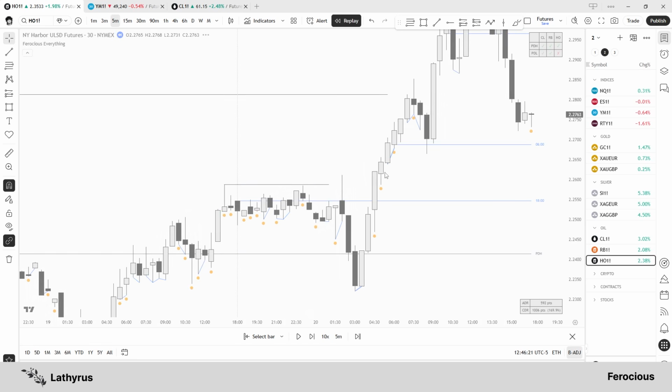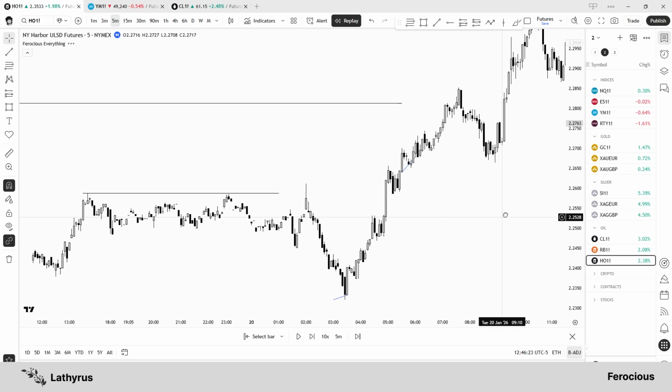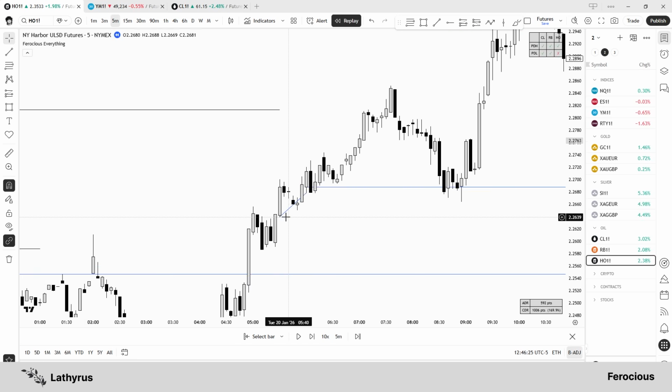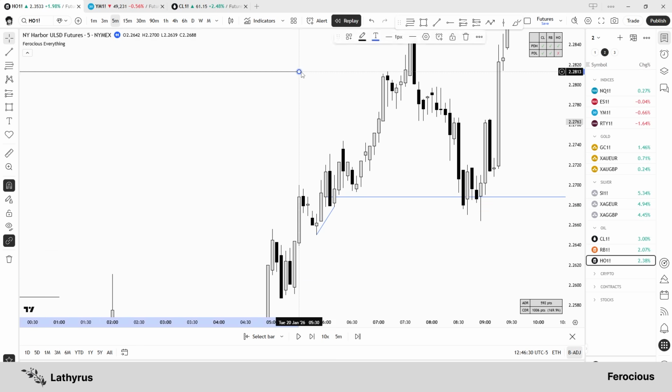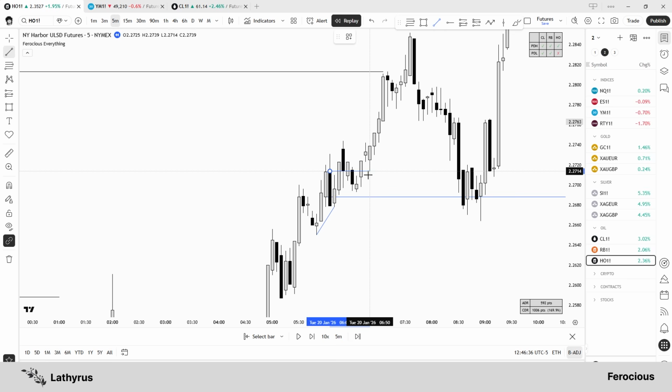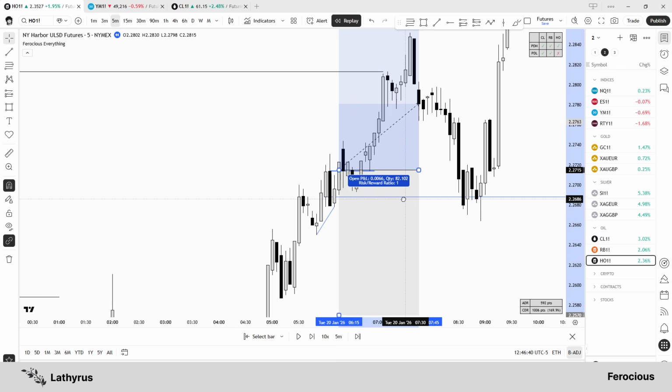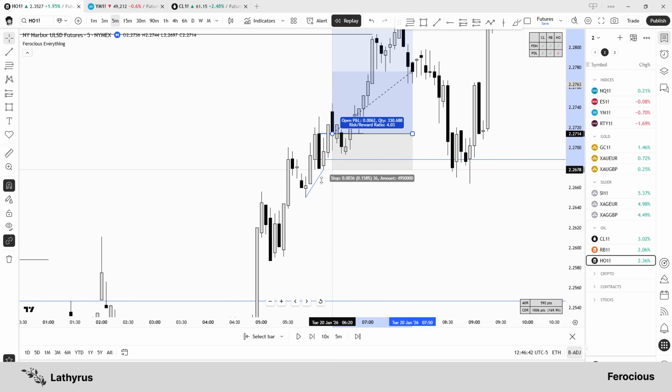So from there I was looking for an entry technique I'm using. And this was basically the entry technique. Like this, we have the SMT, we have a good down close candle here. So this is qualified as a good order block. Once we retested this OB, I put my stop loss at this low, maybe it was a tick below,